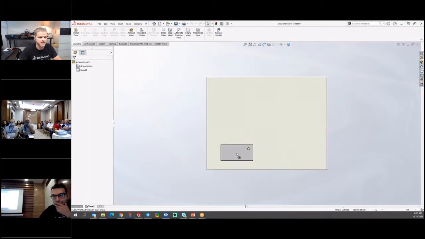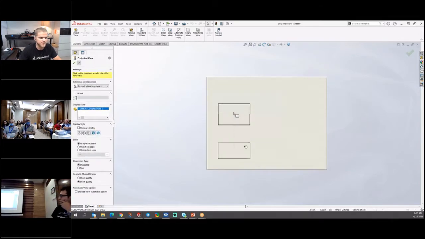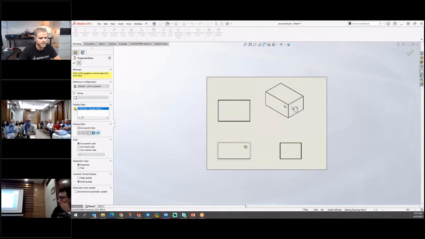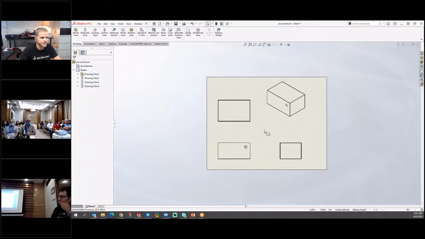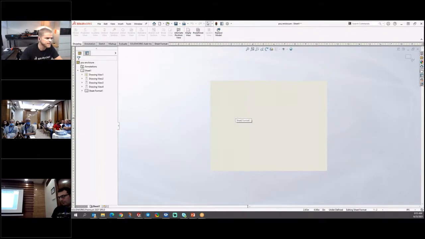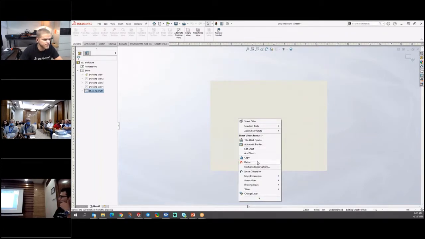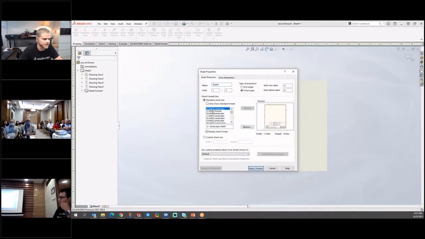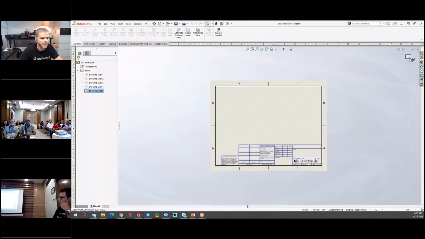And if I took this sheet metal enclosure and I did make drawing from part, maybe you've done this before where you take an existing open part and drag and drop just a plain old file onto it, something like that. Really simple. And let's see if we can get a sheet format on this. Got to have this look a little better than no sheet format at all. Let's just do a landscape.